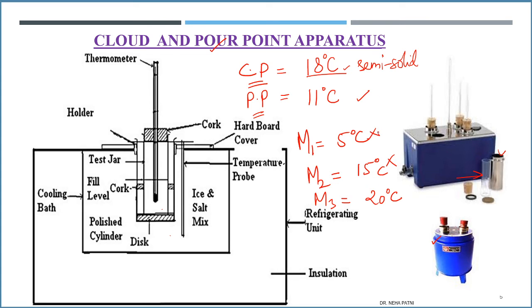Coming to M1, which is 5 degrees Celsius, now you see the pour point is already reached. If the machine is working at 5 and your lubricating oil is almost solidified at 11 degrees, how are you going to use it at 5? Of course it's not possible, because it's almost solidified, correct? So what we are going to do is use it in machine 3, where you can use it safely, because neither the cloud point nor the pour point is reached.